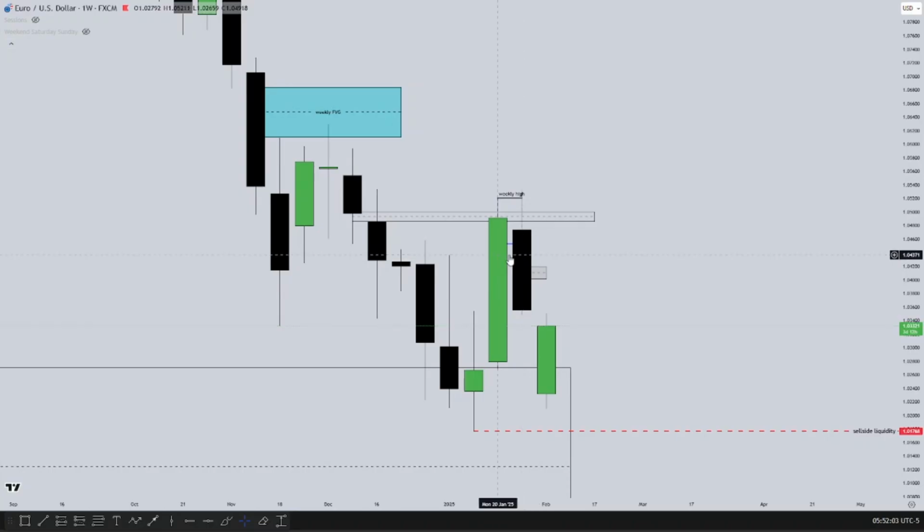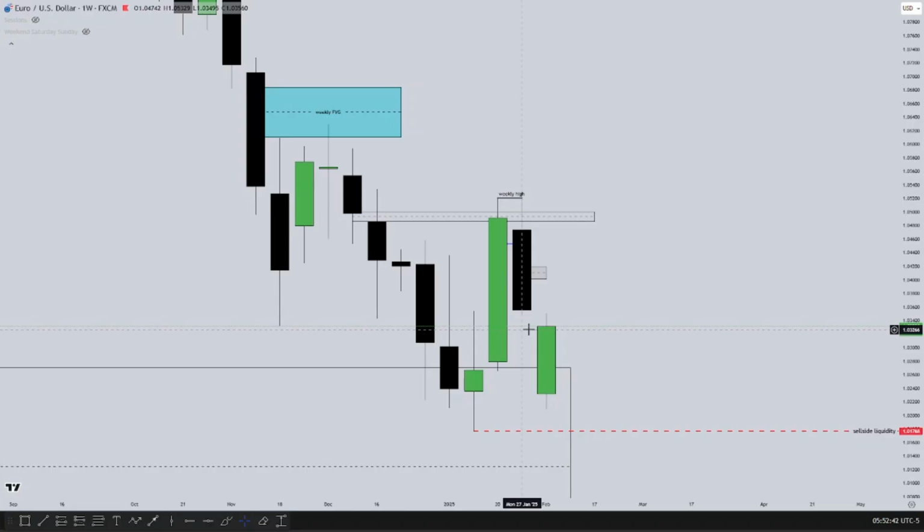And how to define the reversal candle and how to confirm the reversal is with the 4-hour trend and the daily trend. You need to stick more with the 4-hour, but always look at the daily trend to look at reference points that price might reference on the daily time frame. But the 4-hour trend is very important when identifying the trend of the weekly candle, either trend continuation, counter trend, or reversal candle. This example is a reversal candle. You can see how price closed inside the liquidity void,